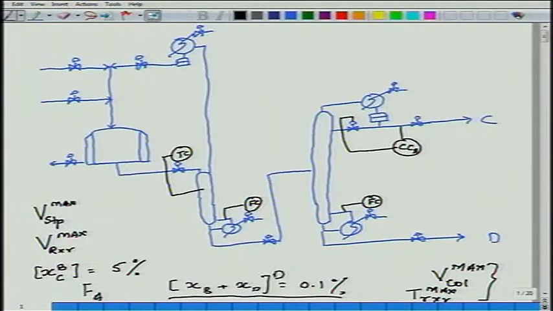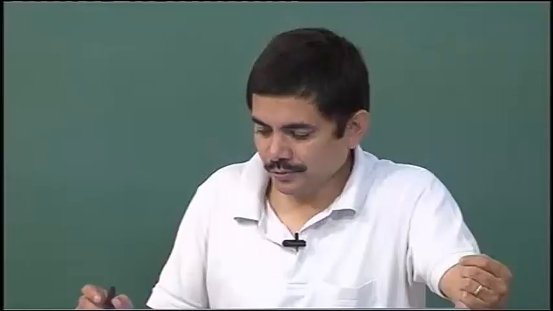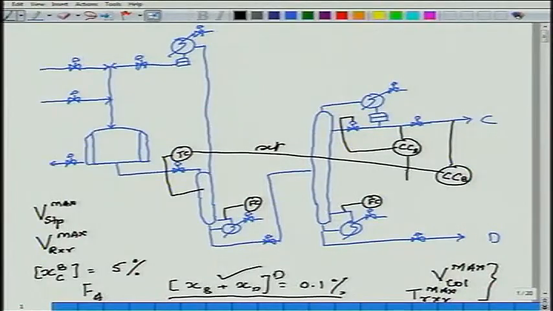And of course, every once in a while, maybe once a shift, when you get the composition reading, if there is too much B that is coming, you can always adjust this set point. So I have taken care of this. And by the way, because of the amount of B leaking down the bottoms, this set point must be 0.1 minus whatever is this set point. Yes or no? That is from this relationship. Yes or no? So I have taken care of this constraint.